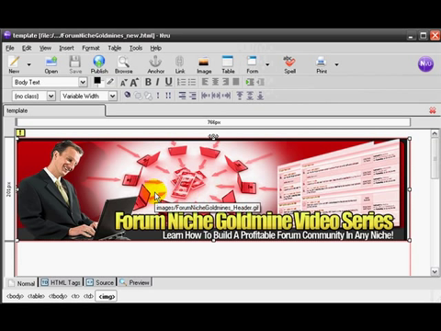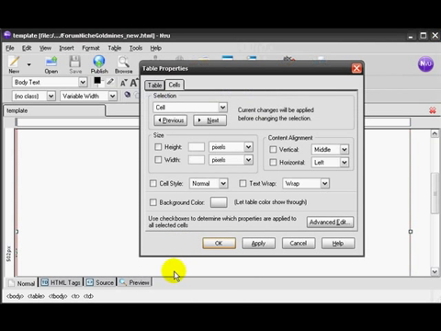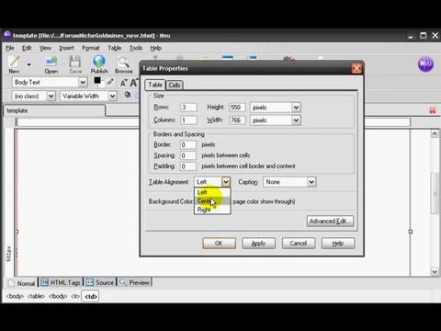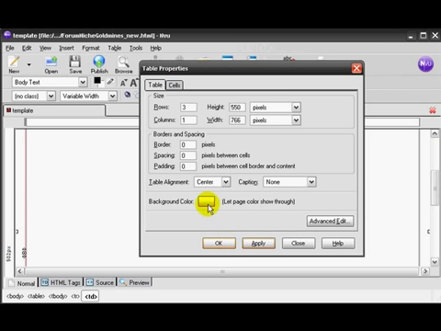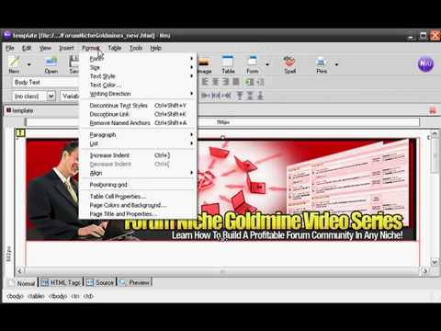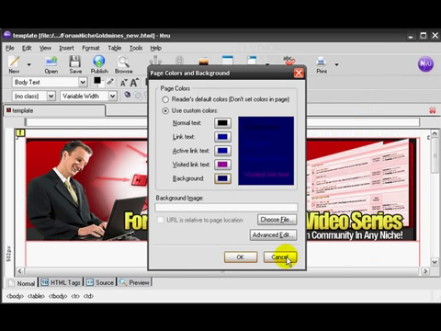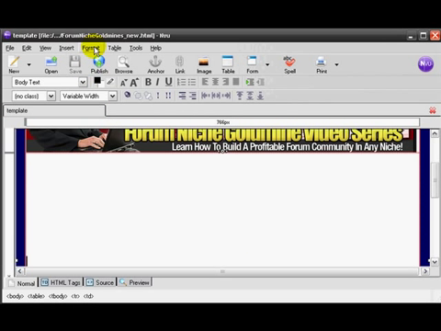Now what I need to do now is that when Image Ready exports it into HTML format, it left aligns everything. So what we need to do is center align everything. So I need to click here, right click, click on table cell properties, click on table, and click on center align and apply, and make sure the background is white. Click apply and click OK, and then I want to make sure that the actual background of the whole page is dark blue, so I click on format, page colors, and background. Click on background, and we're going to turn it to navy blue. Click on OK, click save, and then for